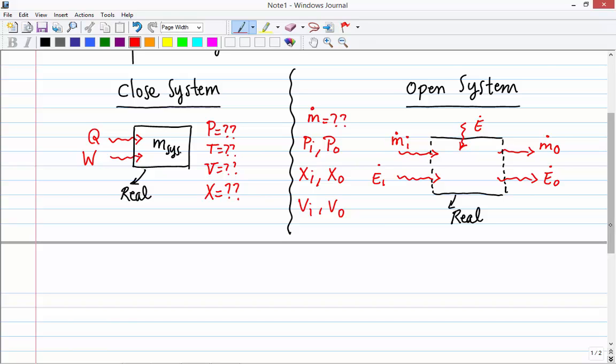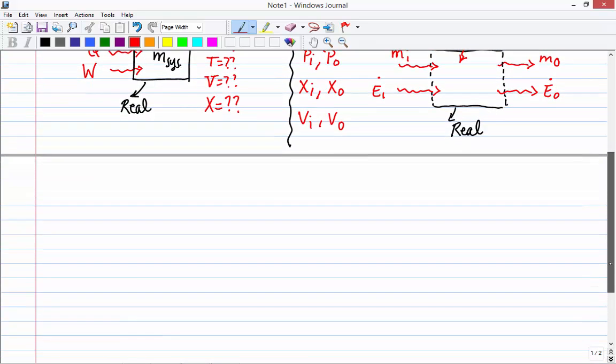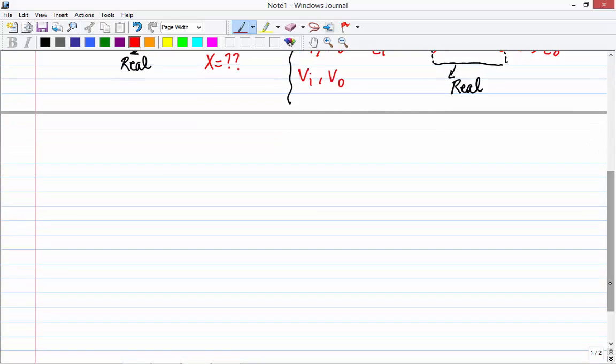So these are all the typical properties that we solved for. Okay. And in most of the cases, we were using the first law, right? So the first law of thermodynamics told us that the rate of energy coming in minus the energy rate going out equals the change of the internal energy in the system per time. For example,